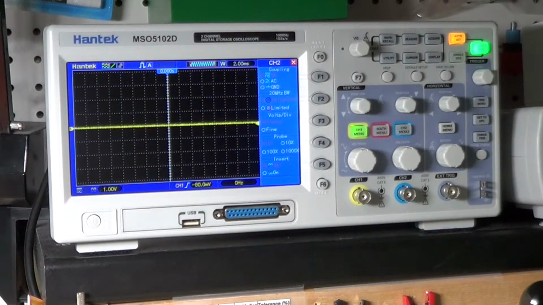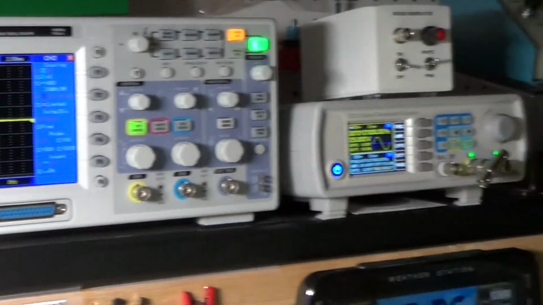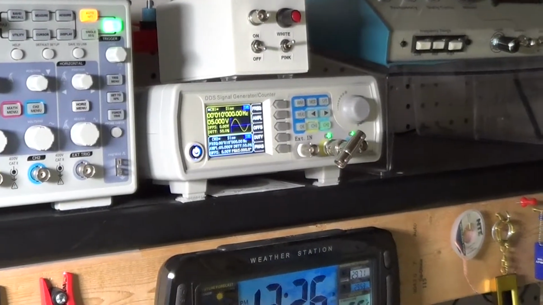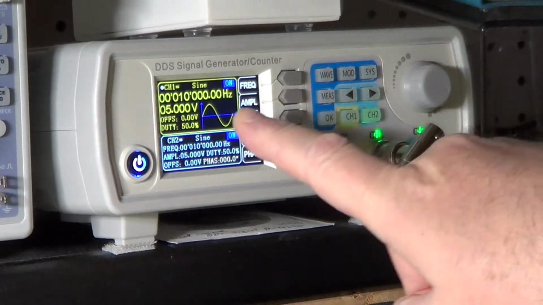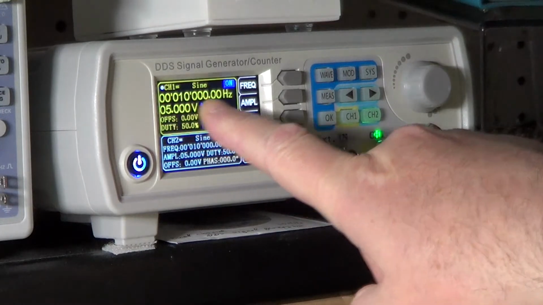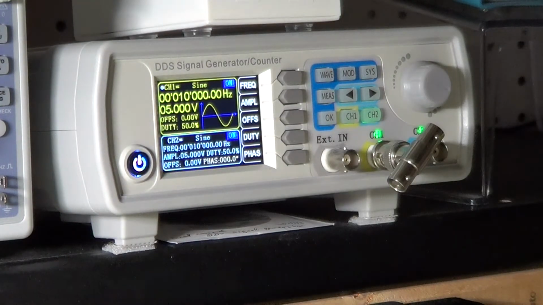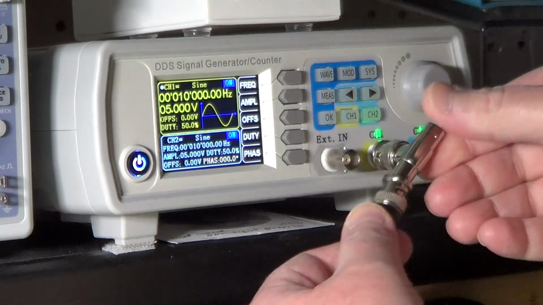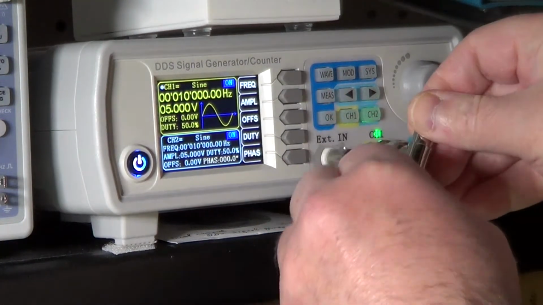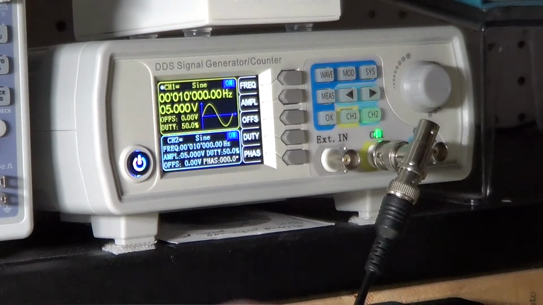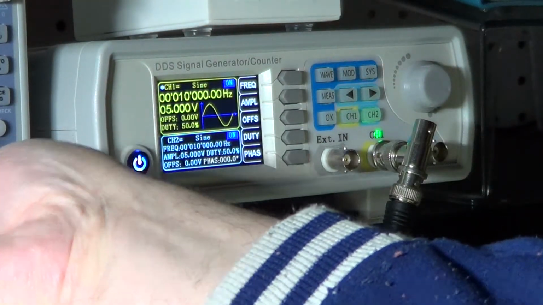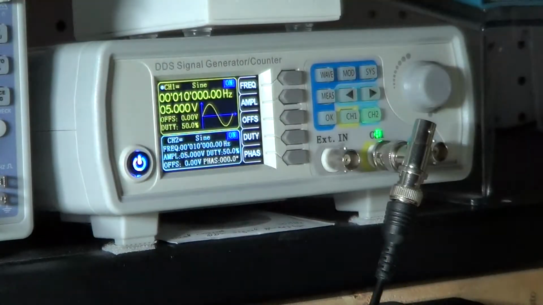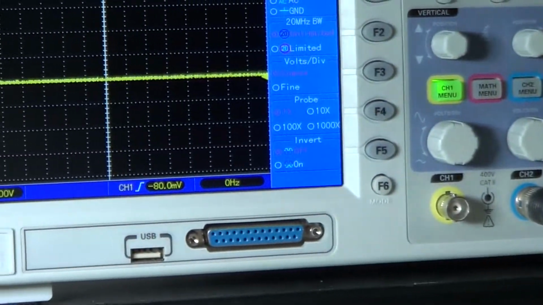For the first experiment we will use the oscilloscope and the function generator, which is this device down here. The device is already set to provide an output of 10 kHz at 5 volts, and to show you the output itself on the oscilloscope I will connect this cable directly between the generator and the oscilloscope, in particular on its second channel. So let me activate it